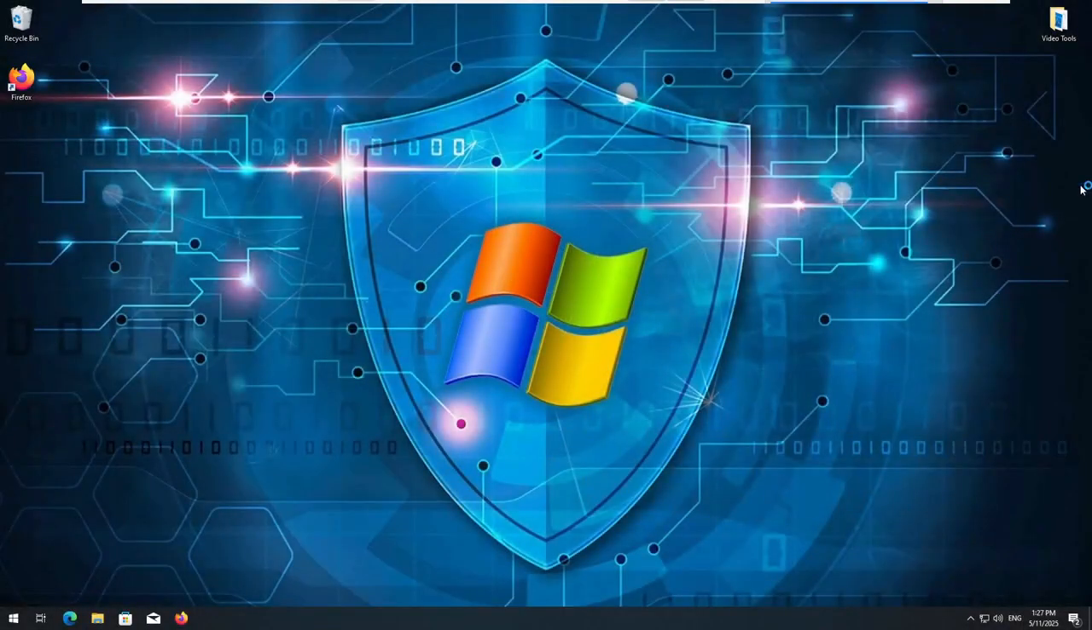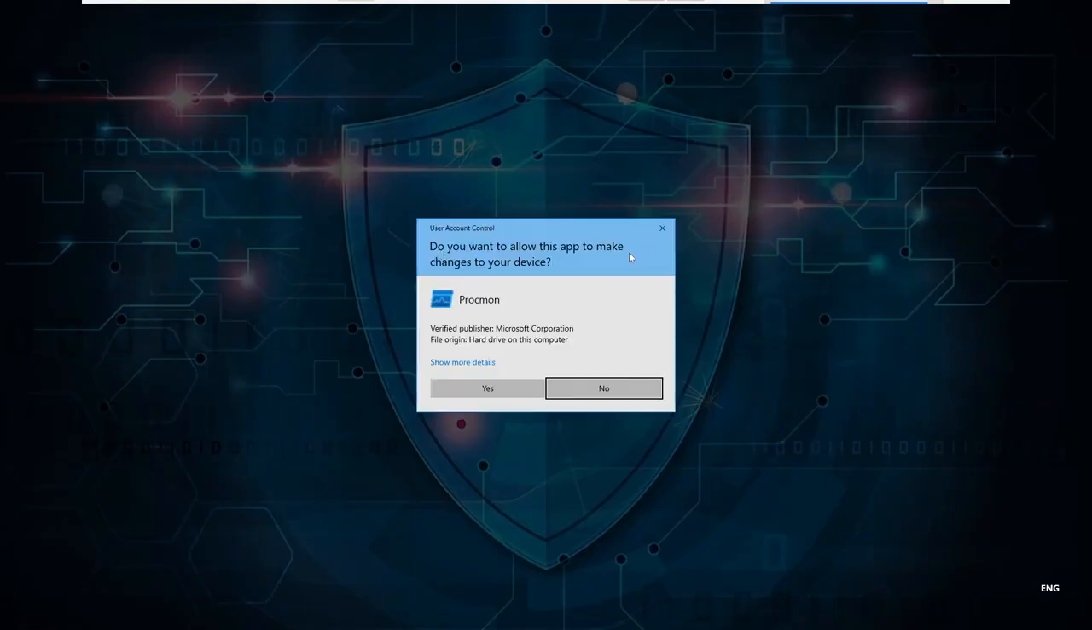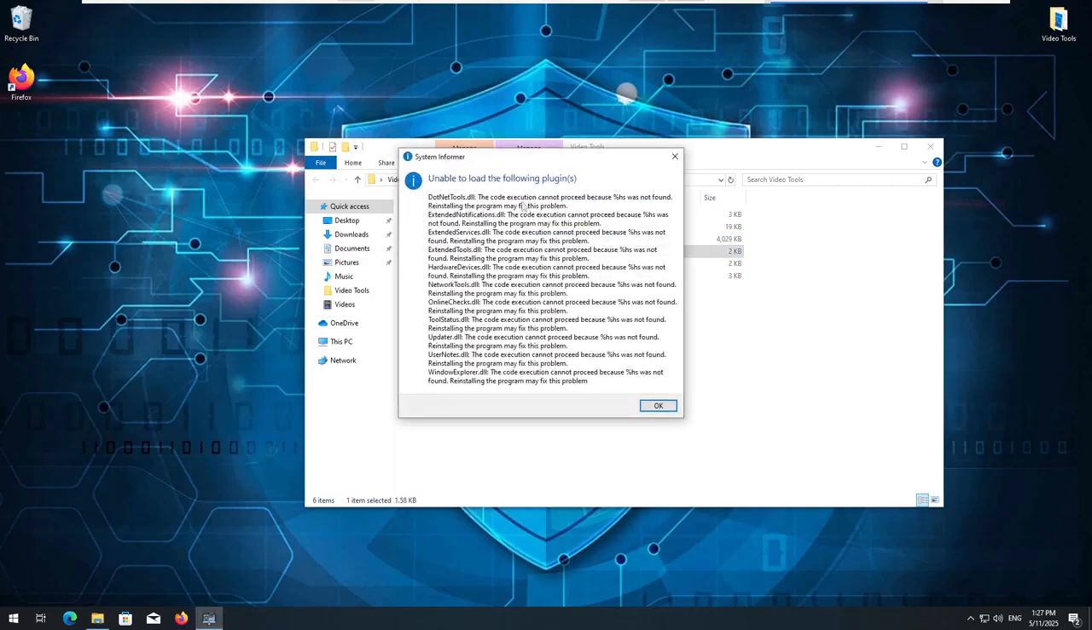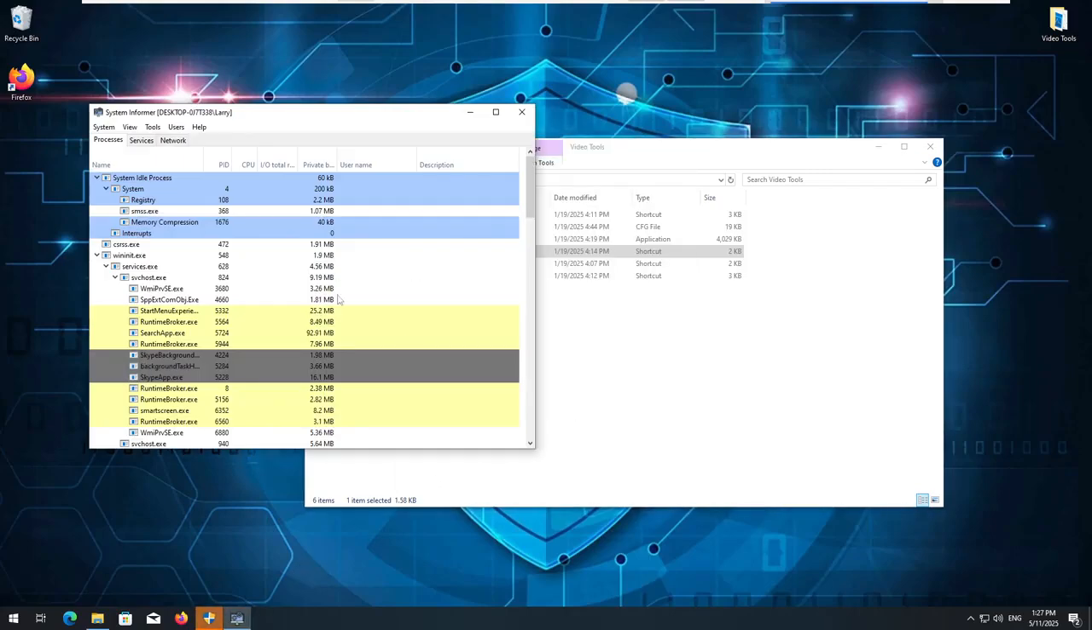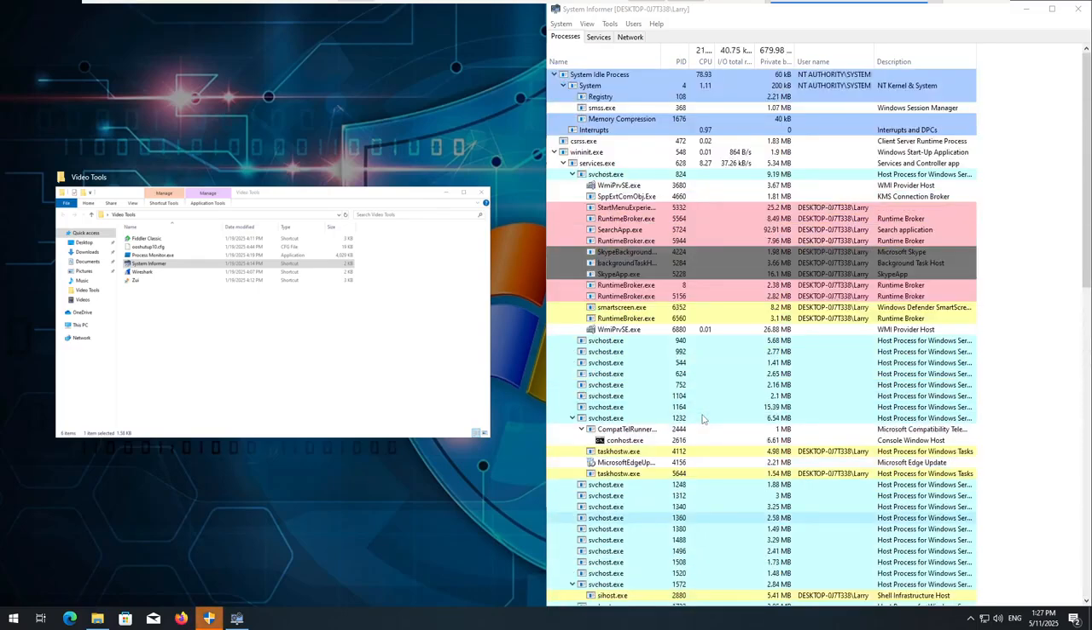And if we open this, please tell me we can open Process Monitor. Nope, that's the wrong one. System Informer. Unable to load the following plugins. And as you can see, that blank name.scr just ran in the background. So that is our persistent file. It just was not found. Oh, but it still works. Okay. We do have a